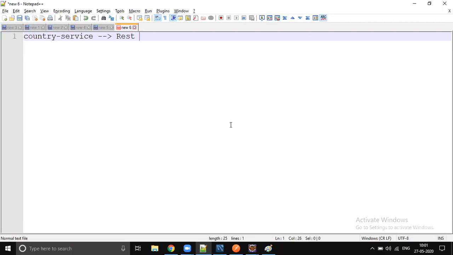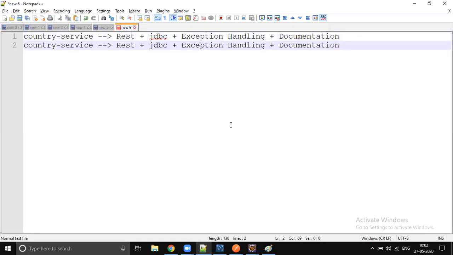So REST with Spring JDBC, with proper exception handling, plus proper documentation with OpenAPI. I covered it for my mobile service, and I asked you to implement it for the country service. So these things are done. Now for mobile service, it's not JDBC, it is Data JPA with proper exception handling.